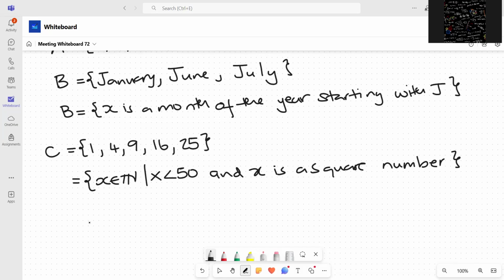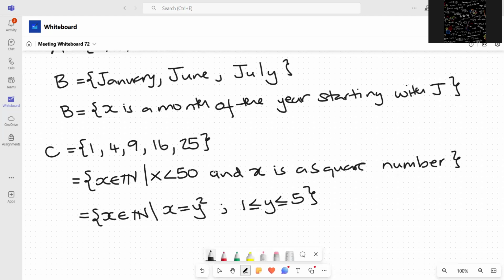All right, so there's different ways, like I said, of writing it. Maybe you would want to write it with a formula. So we say X is a natural number and X is equal to Y squared, such that Y is between 1 and 5. So that's another way. So again, this is just to show you that the way we write in set builder notation is not necessarily unique. So one person may write it complete like this. We have natural numbers. They are all less than 50, but they are all,